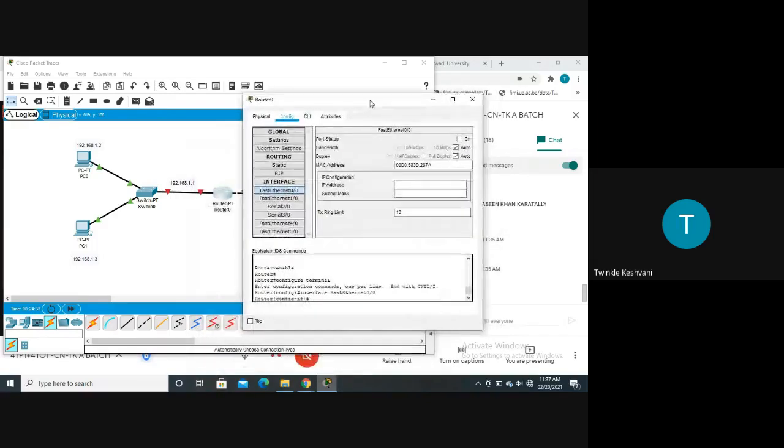For fast ethernet 0/0, we know the default gateway that we have used, we need to give here also, so 192.168.1.1, and the subnet mask, when you click on the tab, will be automatically calculated, and you have to keep the port status on. So you have to check this button.